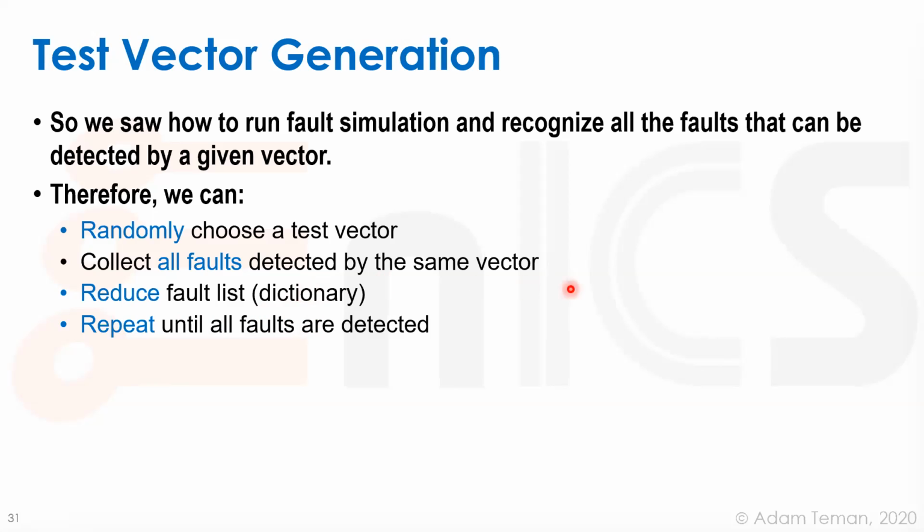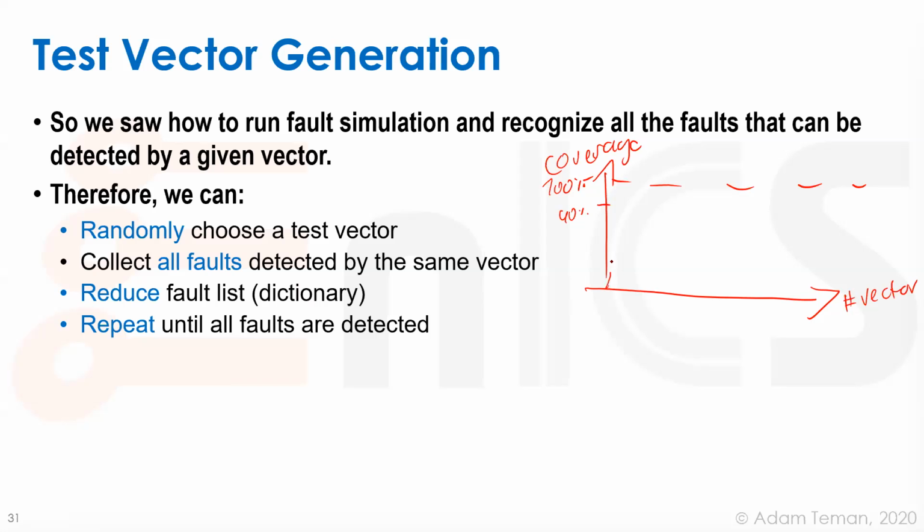But the problem is, and I actually didn't put a picture of it, we're going to have this type of saturating graph. So what's going to happen is, let's say this is our coverage. And let's say over here is 100% or something like that. And over here is going to be something like 90% or 80%. This is the number of test vectors. So we're going to take the first one and second one, and it's going to go up really fast, but it's going to saturate, and we're not going to be able to get that extra 10 or 20%